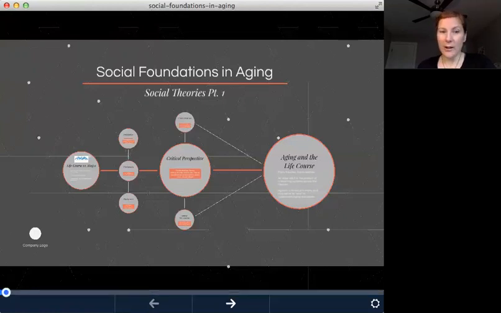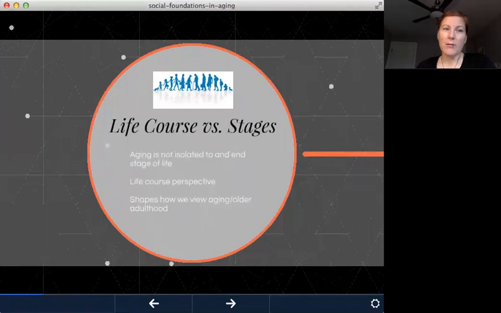Okay, so let's start off here. One of the first things that we need to talk about is the life course perspective of aging. So this is what this course is going to take on as a life course perspective. And this is in direct contrast to just discrete stages, like, oh, now you're only this age and we look at you for only this period of time. And then we interpret you for only this period of time, middle childhood, and then adolescence, and then we look post-adolescence and young adulthood, and all of those stages that we describe, they're relevant certainly as stages, but aging isn't